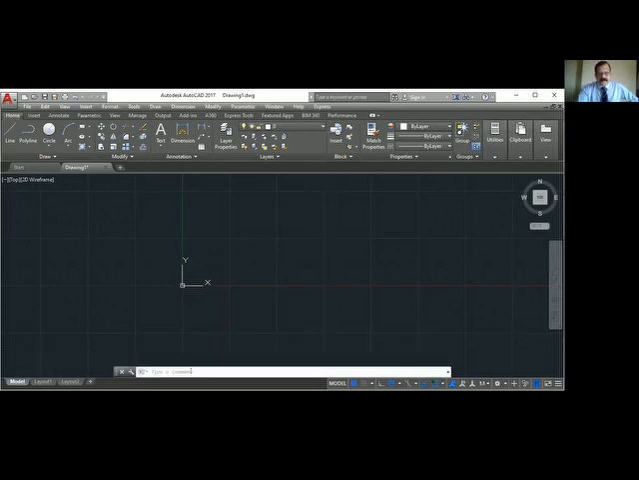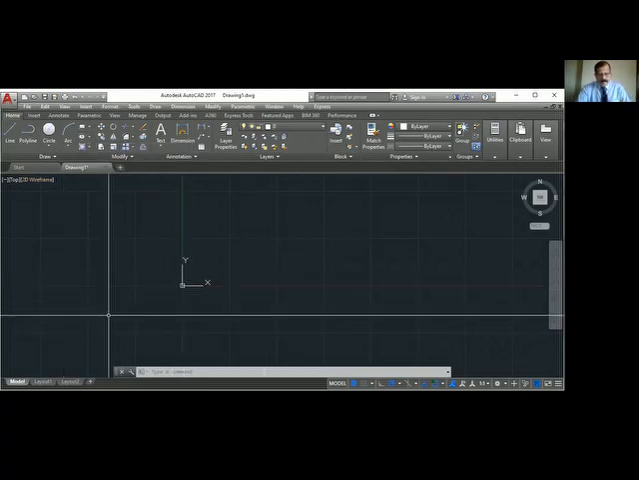So this is my command area. This is the crosshair I mentioned. And we'll start with the draw panel. In the draw panel, you can see line, polyline, circle, arc, rectangle, polygon, etc. Okay. When I say line,